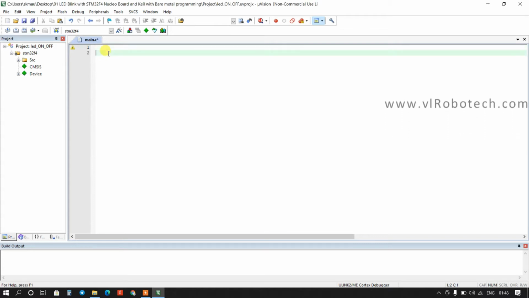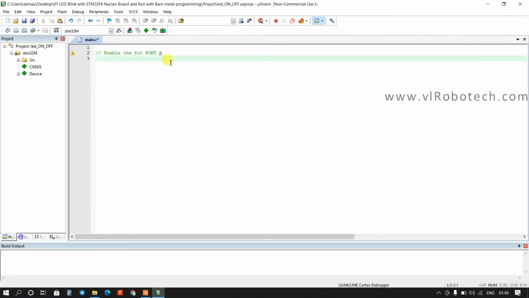So first of all, we have to enable the clock for port A. Second, we have to make port A an output.